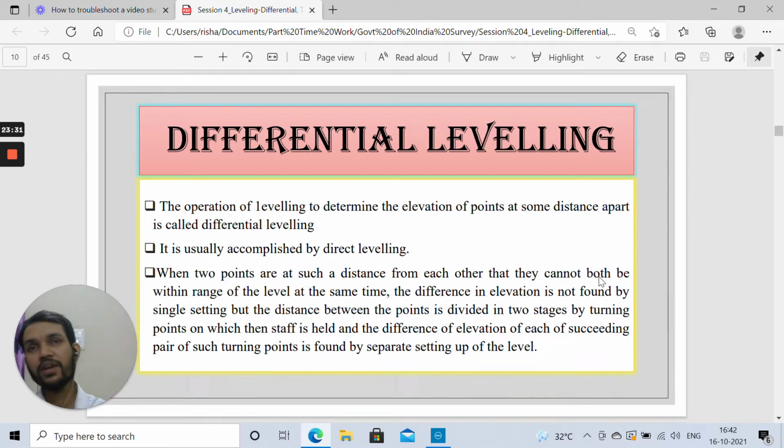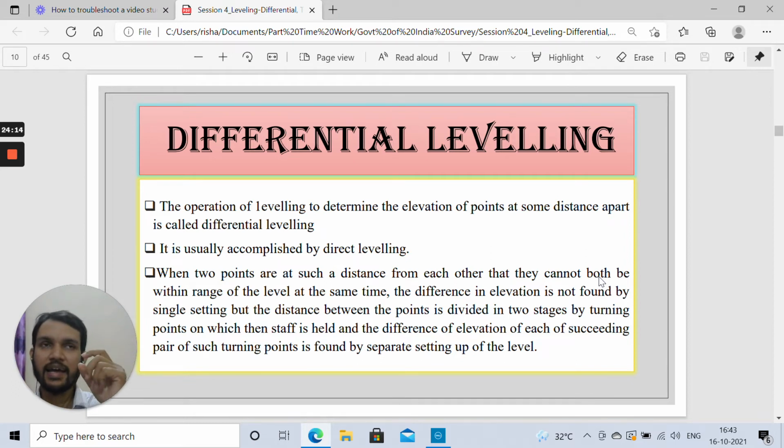Then we can sight the initial station that we considered as benchmark and whose elevation was known to us. When we sight that particular point, a person from our crew holds the leveling staff there, and you read the reading on the leveling staff with the help of the telescope in the auto level, looking through the eyepiece. If the initial benchmark for that station was known to us, as I already told you, suppose it is 50 meter, then 50 meter is the ground surface plus the difference in height from bottom to the top where you are seeing.